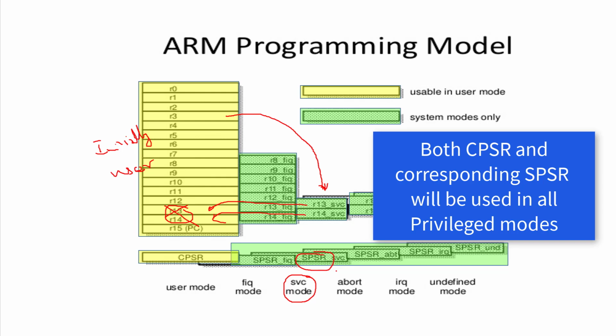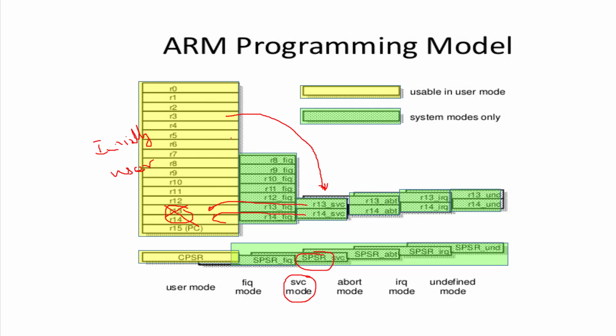Okay, so this is how the processor changes modes, and whenever the processor changes modes, for example, now we take this mode, IRQ mode. If the processor comes into this mode, this R13 and R14, which are called banked registers corresponding to this IRQ mode, will be coming here, and these two R13 and R14 will go out. Okay, so this will not be used, and this private register or the banked register corresponding to this IRQ mode